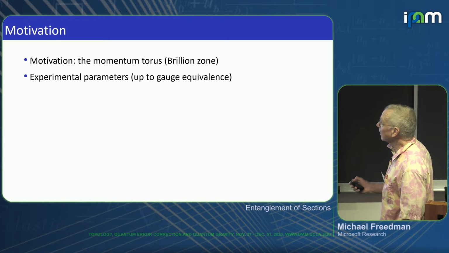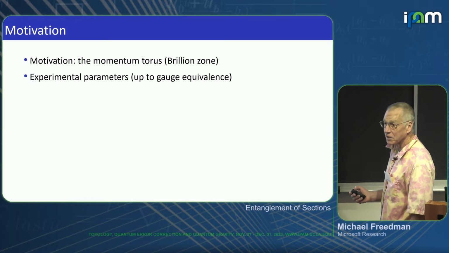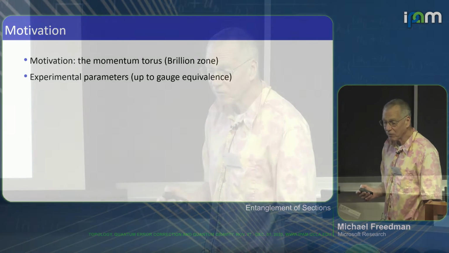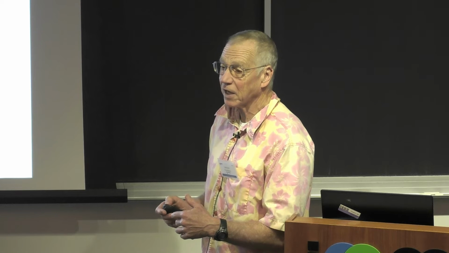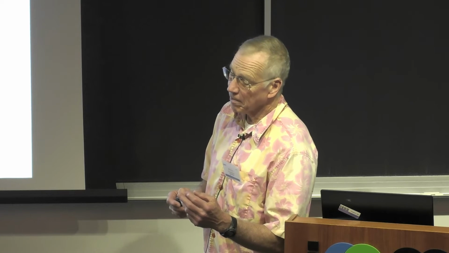So one is the Brillouin zone, or the momentum torus. You could imagine that you have a physical system which is periodic, and it's then very natural to study it as a bundle over the momentum torus. The periodic system may, within a unit cell, still have many degrees of freedom. There may be different atoms or ions inside the unit cell and electrons, and each of these will have some perhaps small Hilbert space describing its degrees of freedom.